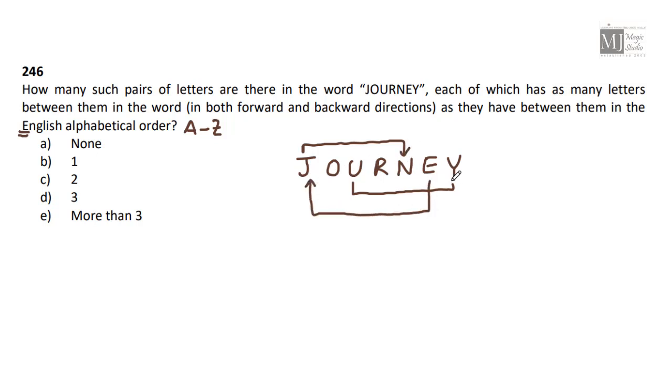Let me put the arrow also. This is how we have calculated. No N back, R, no U, no O, P, nothing. So we have three pairs: J, N with a gap of 3 in between, U, Y with a gap of 3 in between, and E, J with a gap of 4 in between. These three pairs have the same number of alphabets between them as we have between these alphabets in the English alphabetic order. Answer should be D. Option D with three pairs fits in.